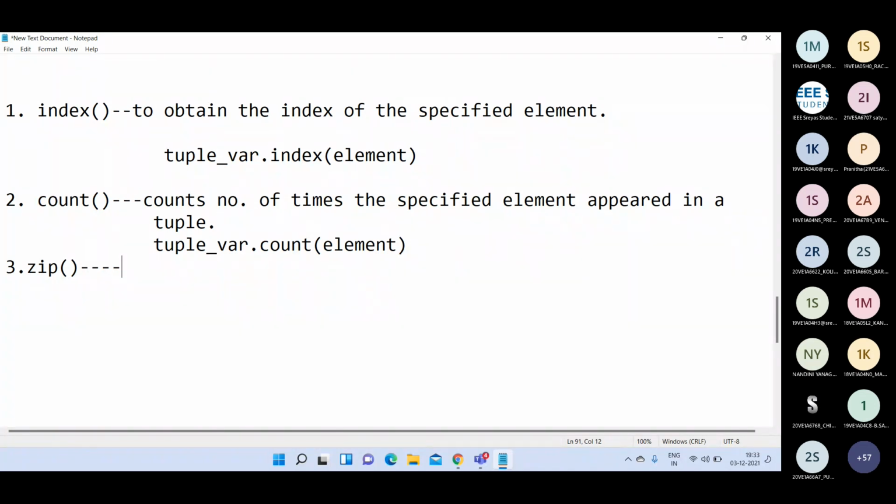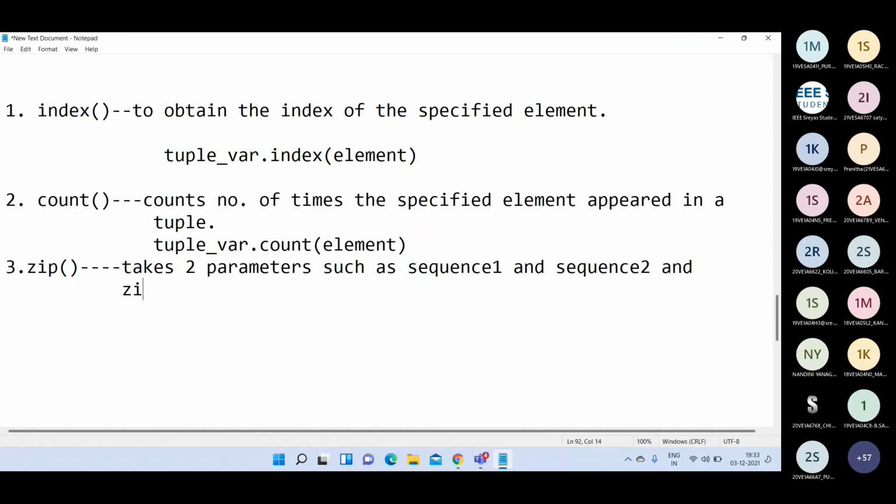This function takes two parameters, such as sequence 1 and sequence 2. This function zips the two sequences and returns not a tuple, a list of tuples.